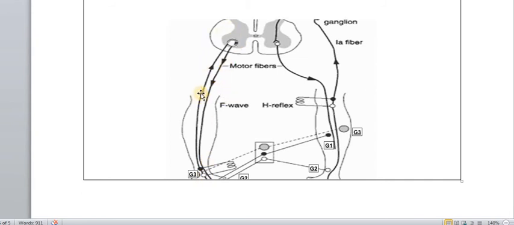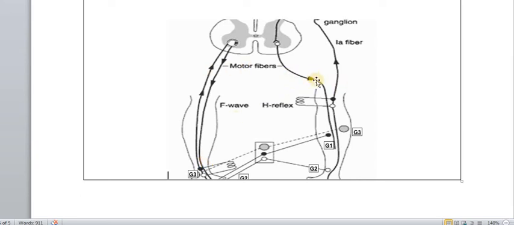Suppose you get poor MCV from here to here and you get poor MCV from here to here also. Now this means the problem is here only. When the current goes down from here there is poor velocity, and when it goes up and comes down then also it has a poor velocity. So in both cases you can say it is having poor velocity.